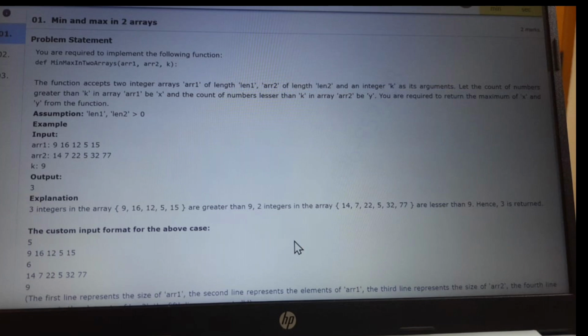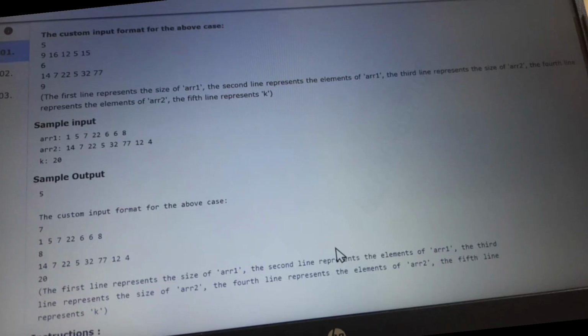Count in array 1 is nothing but the number of elements greater than k, and count in array 2 is the number of elements less than k in array 2. This is the first question. In the sample input they have given some array 1 elements, array 2 elements, and k as 20.